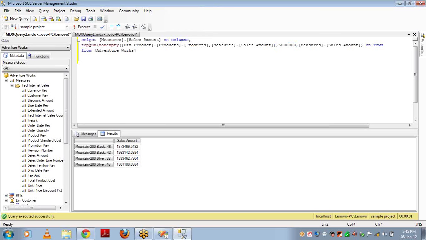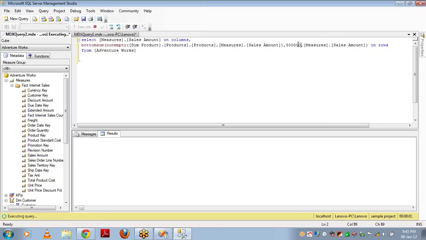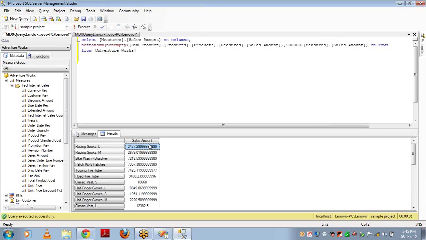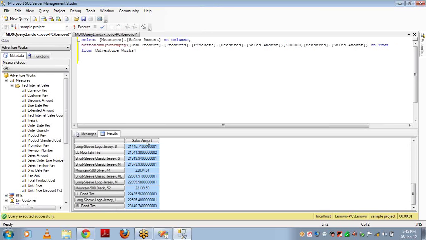In the same way, BottomSum is the reverse of TopSum. If you give 50 lakhs, you will get so many records. So let me give 5 lakhs, and see, this sum will form a very close value to the 5 lakhs, whatever value I have given. And let's check in Excel.